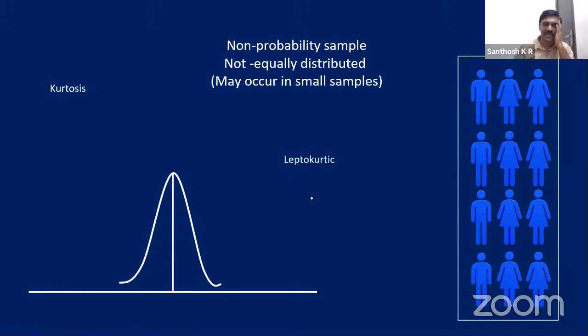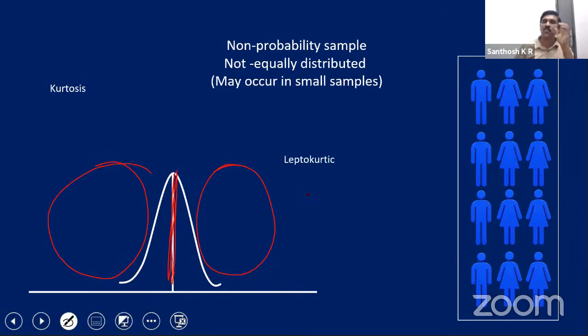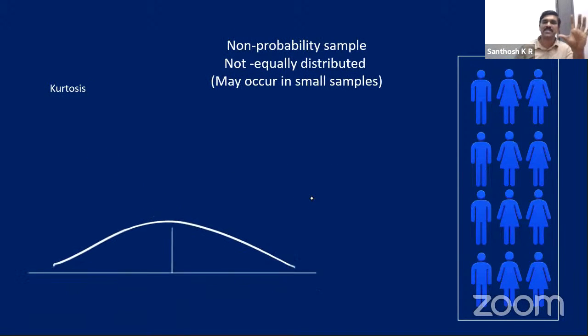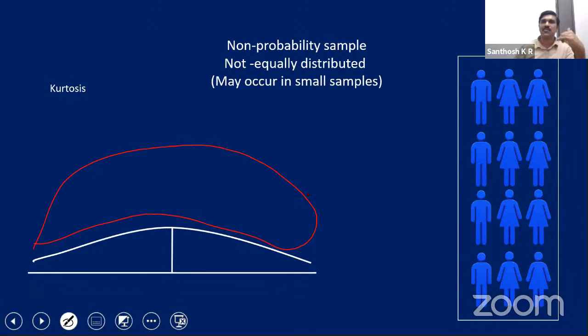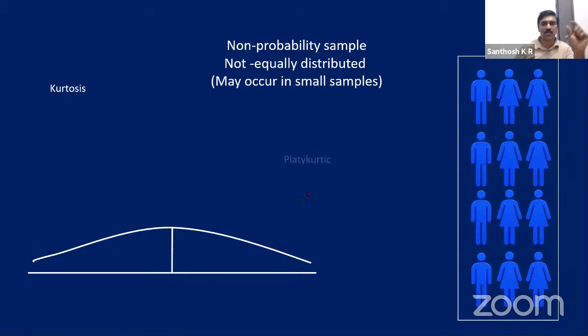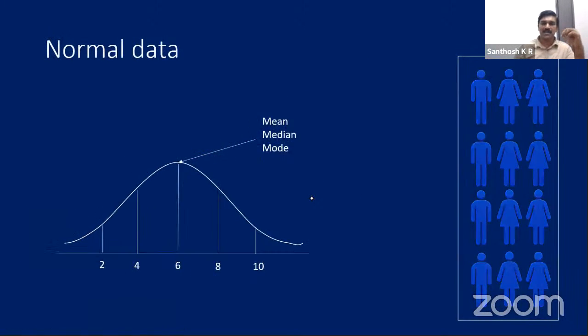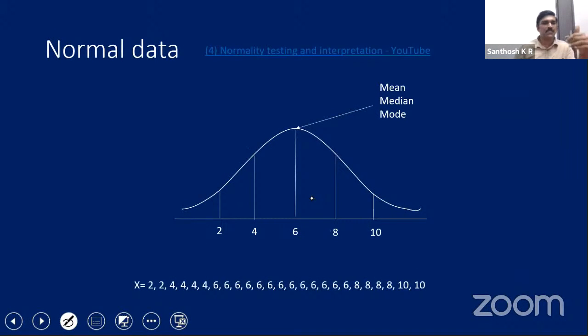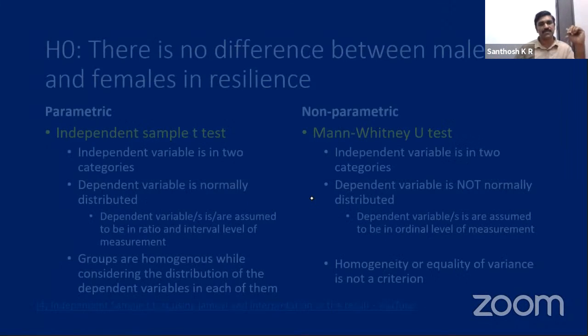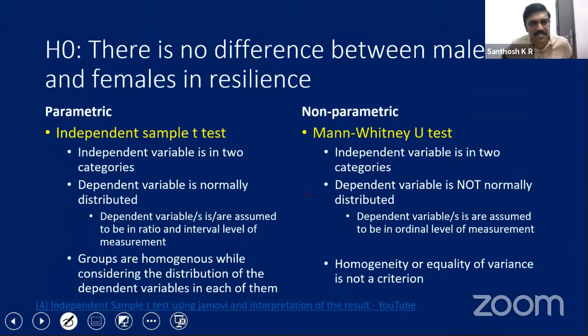Now in that group of videos, there is one video saying which test we will use, that means which hypothesis test we will use in what kind of hypothesis. You have to watch that video. I will be telling it very briefly, but if you want to understand it more, you can watch that video. If our hypothesis is like this, if we have two groups like males and females, and we have one variable, here resilience is the variable.